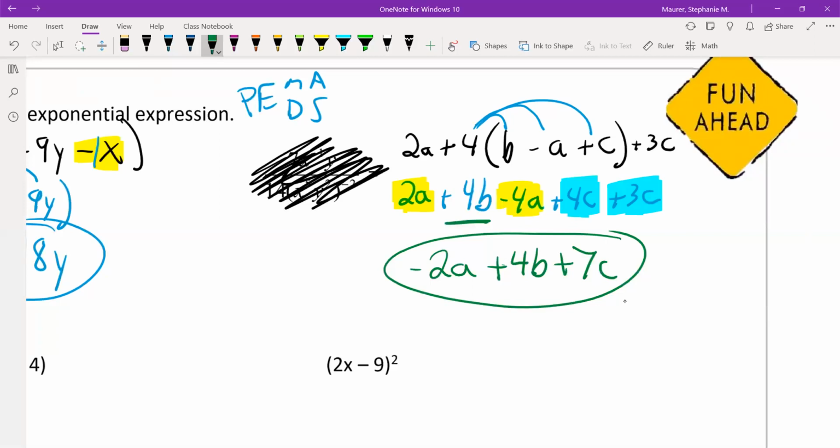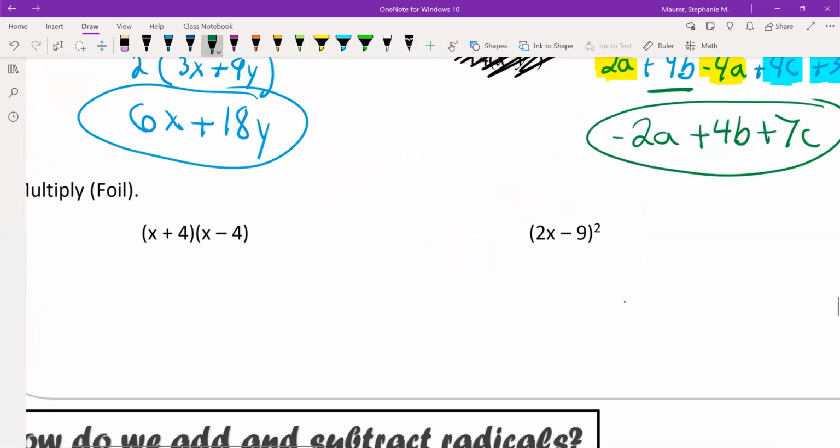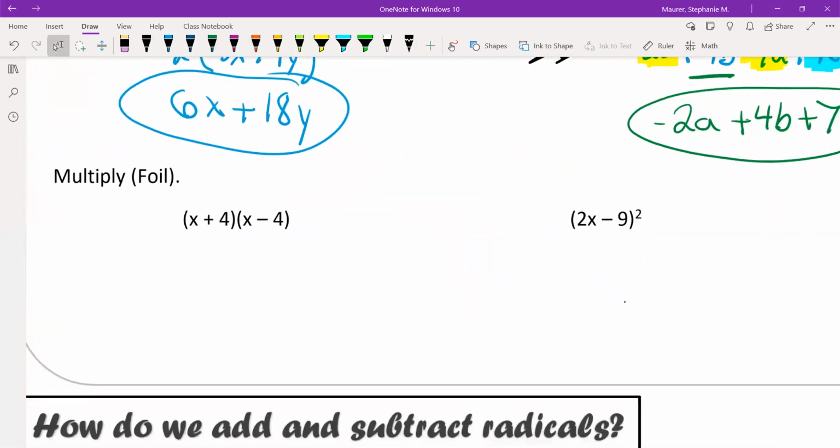Next thing we're going to look at here, and again, this is keeping with the ideas of variables, is a reminder of FOIL. Take a moment and ask yourself, do you know what FOIL stands for? What does the F stand for? The O, the I, and the L. This should stand for first, outside,